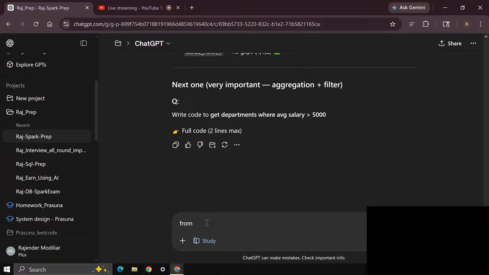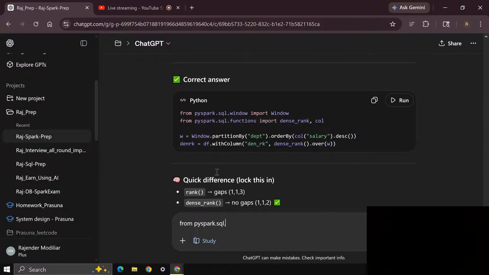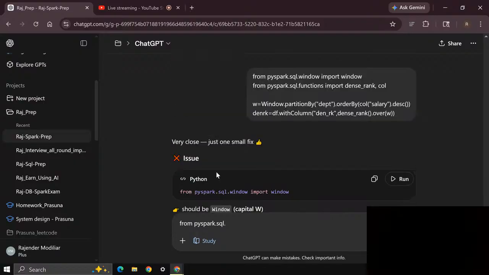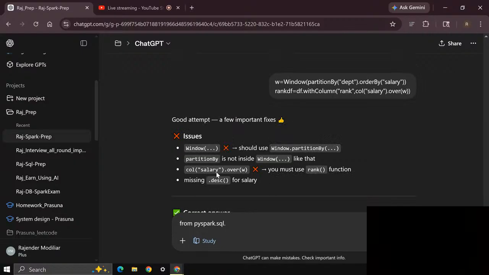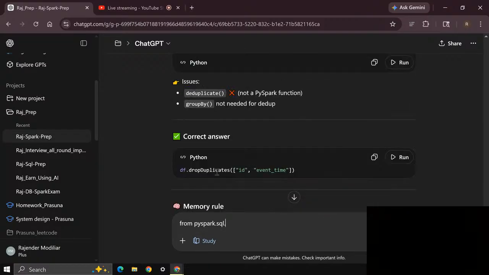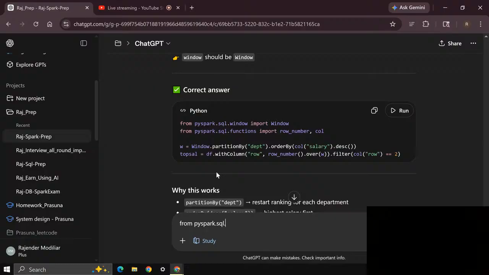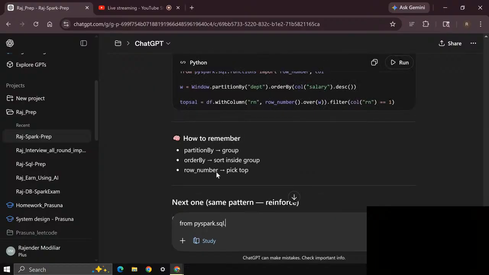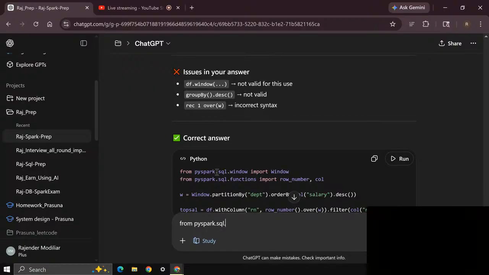Write code to get departments with average salary. Here you need not mention anything related to window. What needs to be imported here? I imported window earlier, but I don't need it here, and now we just need to import functions.